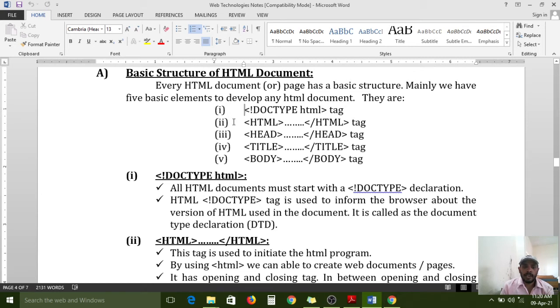So if you want to write any HTML program, if you want to develop any front-end page for any website, these 5 elements are compulsory and mandatory to use. And the HTML opening tag and closing tag, these two are optional, because if you save with a .html extension, it can use HTML concepts, HTML tags internally.